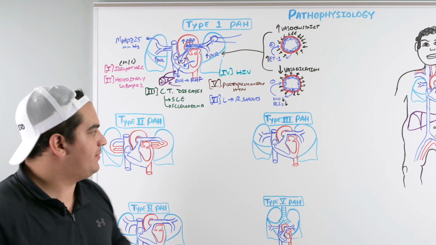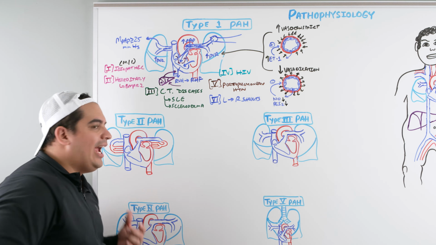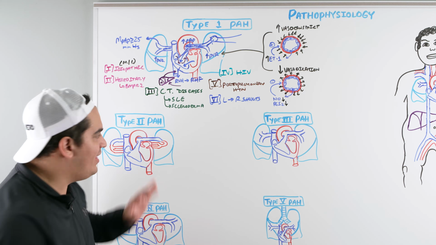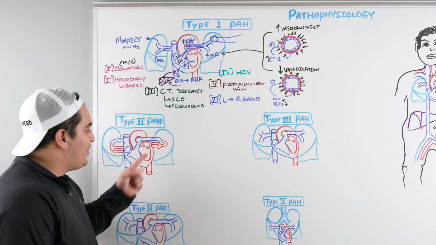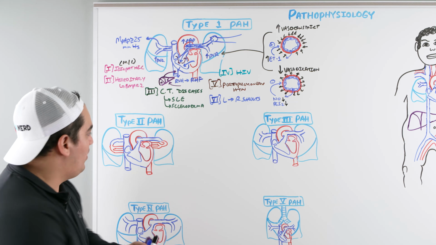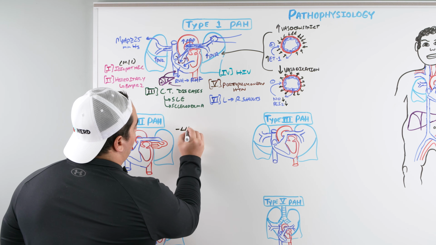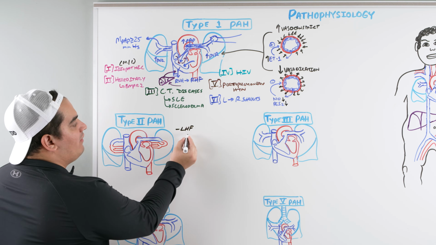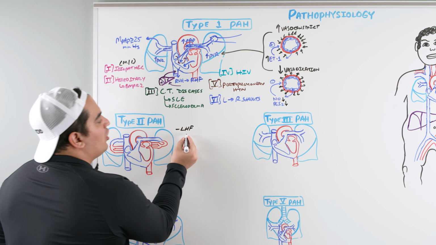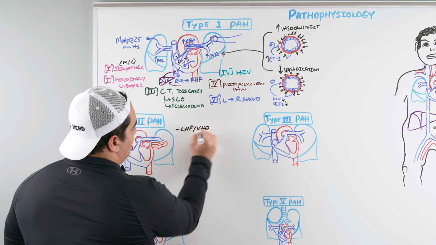Don't forget these things. Okay, type 2 pulmonary artery hypertension. In this part, it's actually due to the left heart. So it's left heart disease. I don't want to even make it too complicated here. It's just a patient has left heart failure. If they have left heart failure, or maybe they have valvular heart disease, what this does